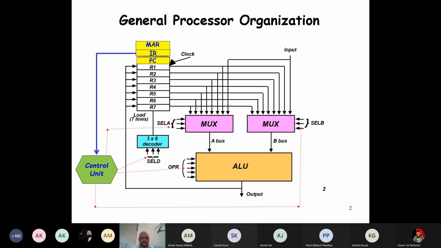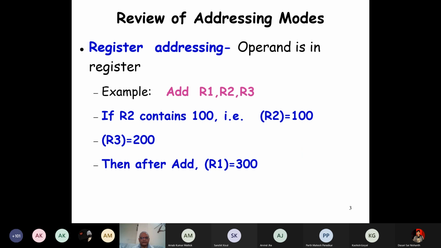In the control unit, depending on the instruction type, it decodes, it selects the appropriate function of the ALU. Now, based on this understanding, let's proceed. We'll just briefly review the addressing modes that we had discussed last time with some examples, because from next class onwards, we'll be writing few assembly code, because we had said that the instruction set architecture is the first thing we must understand about a processor.